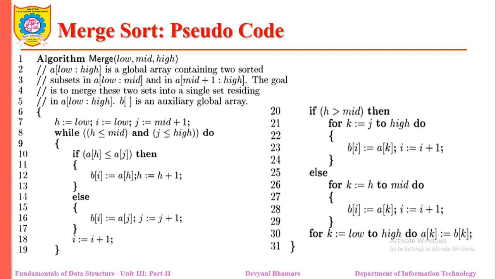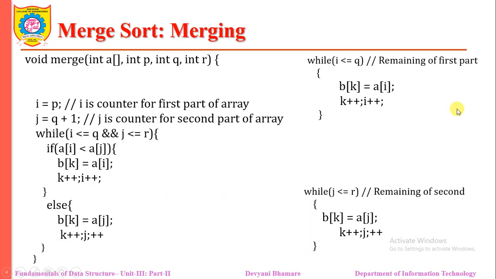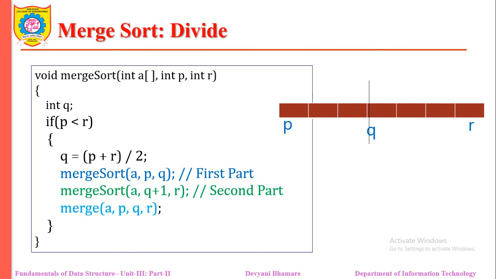So here it indicates how the merge operation is performed. So how does the divide work? In merge sort, P is pointing to the first element and R is pointing to the last element. Then we identify Q such that we apply merge sort on array A from P to Q, and merge sort from Q plus 1 to R, means from this element to the last element. In this fashion we recursively call merge sort for P to Q, which again divides into two subparts, and Q to R again divides into two subparts, and the recursion continues.